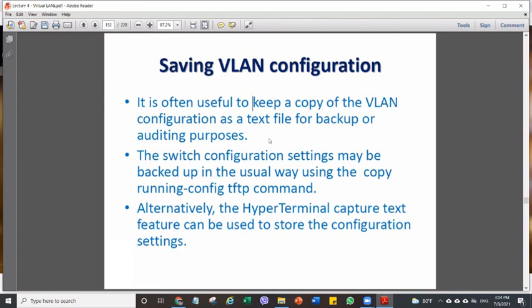Alternatively, the hyperterminal capture text feature can be used to store the configuration settings. Anyway, hyperterminal capture text I have never used. I just use the simulation environment and work with that. So hyperterminal capture, I think